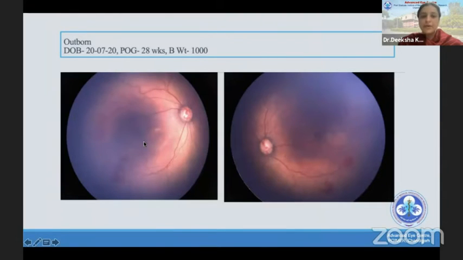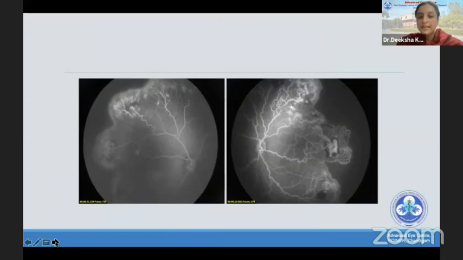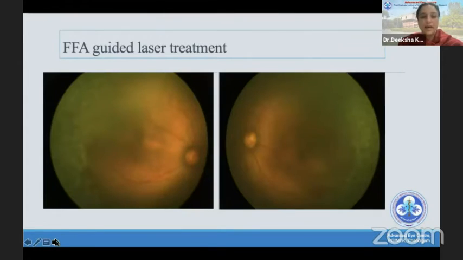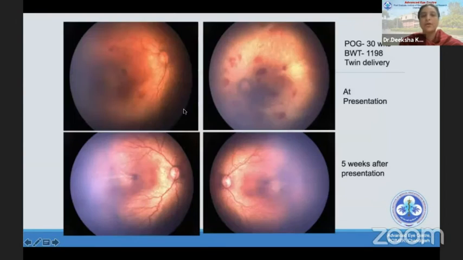And this is the second scenario, wherein we can see that there is a posterior zone 2 avascularity. There are some hemorrhages there, but the posterior vasculature is not showing frank plus disease, or it is not that significant. You're not sure whether you are dealing with hemorrhages or this is a new vascularization. So herein angiography comes in help. It clearly delineates the extent of vascularity. It shows what is happening at the vascular-avascular junction, the flat new vascularization, and it confirms that you are dealing with a new vascularization and not a hemorrhage. And then it helps to guide the laser treatment accordingly.